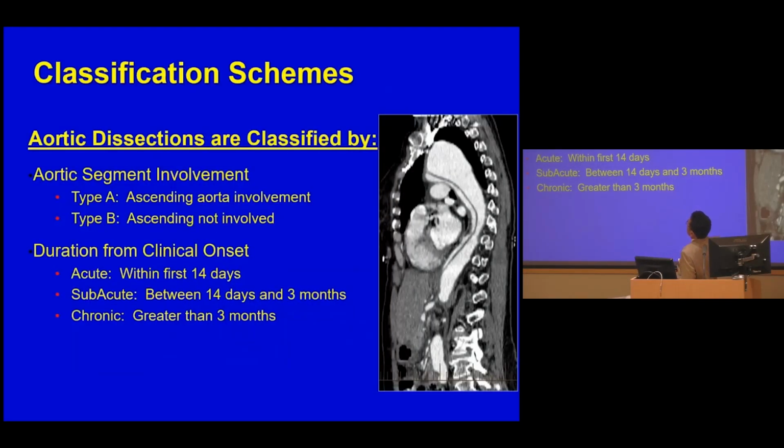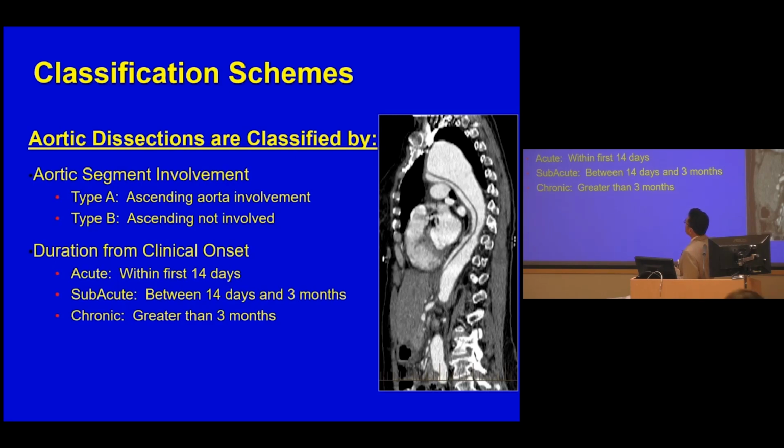Further classification based on the Stanford classification basically simplifies things for the management of this disease. They describe the type A dissection as starting in the ascending aorta, with the ascending aorta being involved, and type B specifically is when the ascending aorta is not involved. And so this made the surgical treatment easier and less cluttered, to be able to define how to